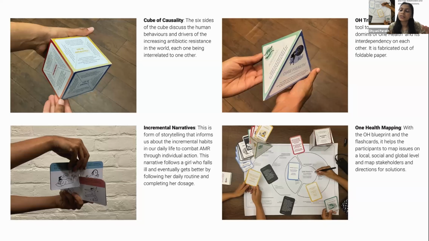And finally, there was this heavy focus on One Health mapping, which was to understand that if we're devising a solution, can we keep in mind the stakeholders? Can we keep in mind the strategies that we're applying? Can we keep in mind the kind of changes that we want? And how does it make an impact? Like, let's say my solution in human health, how does it impact animal health and environmental health? And it just may not, but I still have to be mindful,